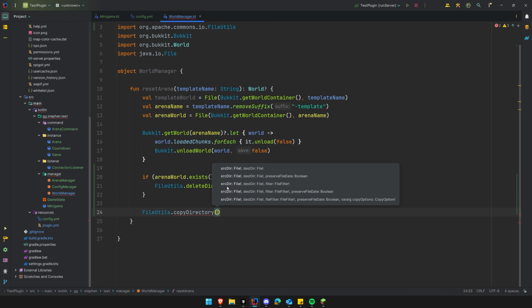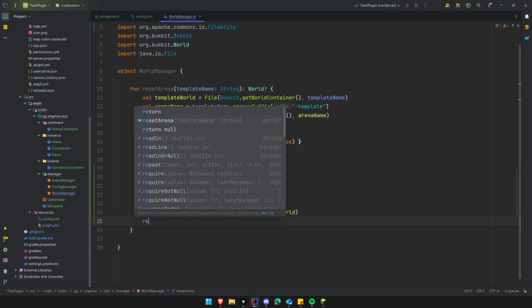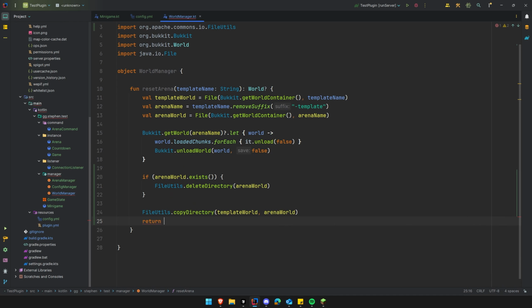So let's have a think what we want to copy here. If you have a little thing in your head, hopefully you come to the conclusion that we want to copy the template world folder, and then we want to paste it to the arena world folder. Just like that. So that will essentially copy it from arena-template folder to just arena. And then what we can do is just go ahead and load the world, but there's nothing else to do after this, and we're returning world, so why don't we just load the world in the return function. So we'll do return